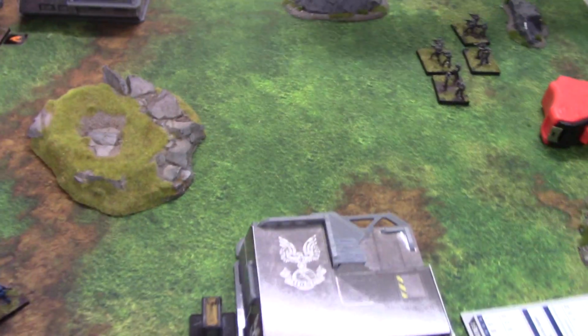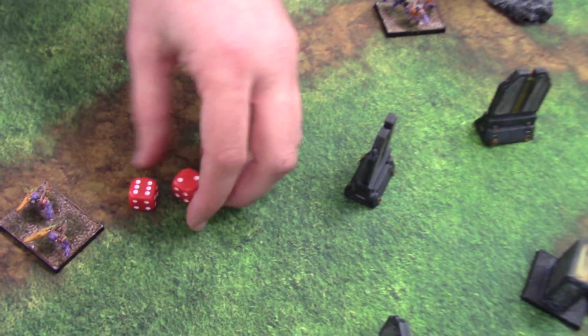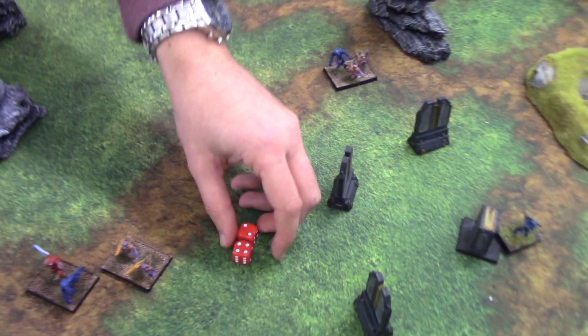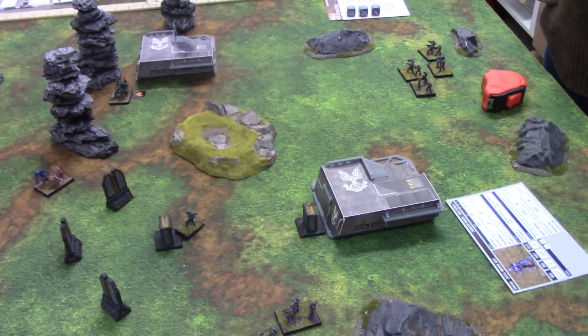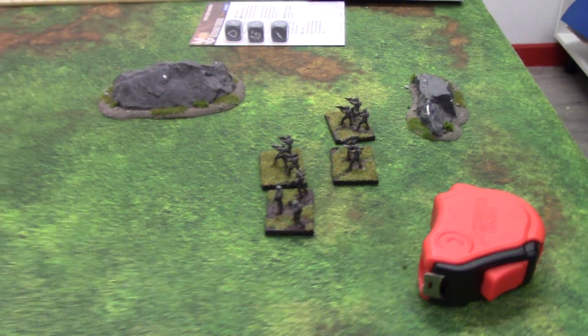Okay, so initiative. Craig's at +1. I got a 9, and he got an 8, which makes it 9, so we have to re-roll. So 9 again. That's 7. So that means it's going to be me. Let's see, turn 3. So I'm going to activate these chaps first. Okay, so I'm going to try and react